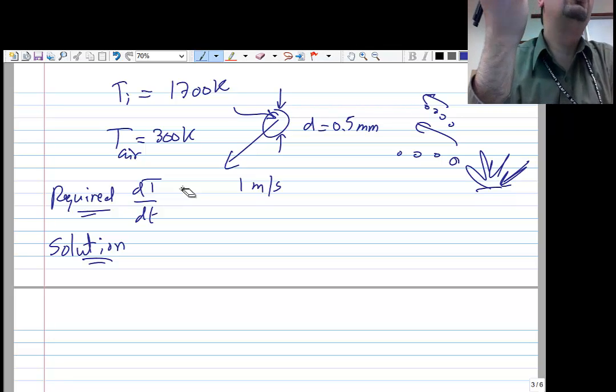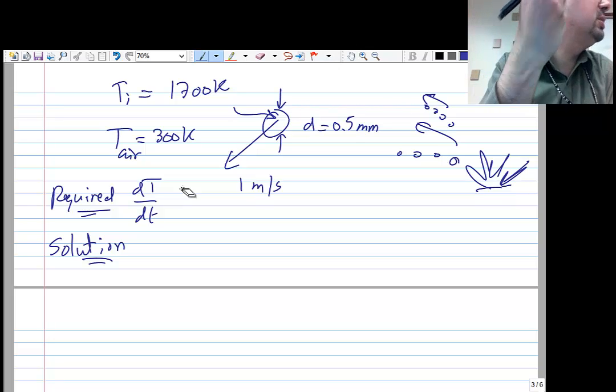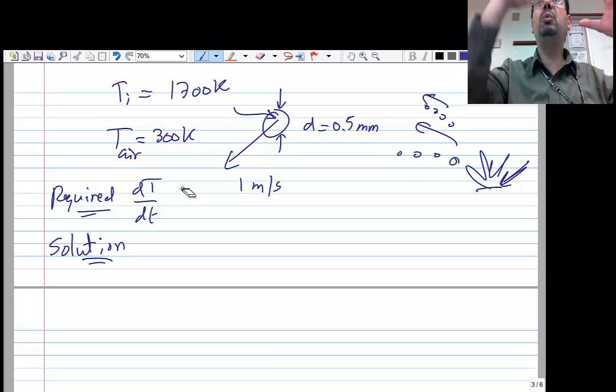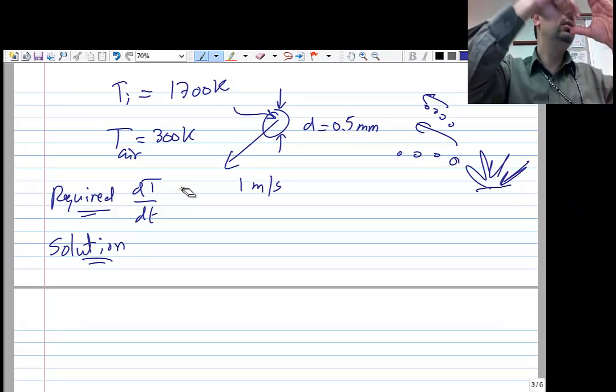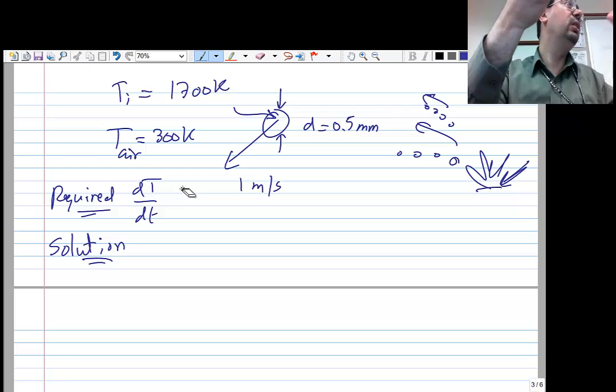It's the first thing that you guys learned in thermo. It is the first law of thermodynamics. Right? The first law of thermodynamics for a system can tell you the rate of change of the internal energy inside that system. Well, the internal energy is